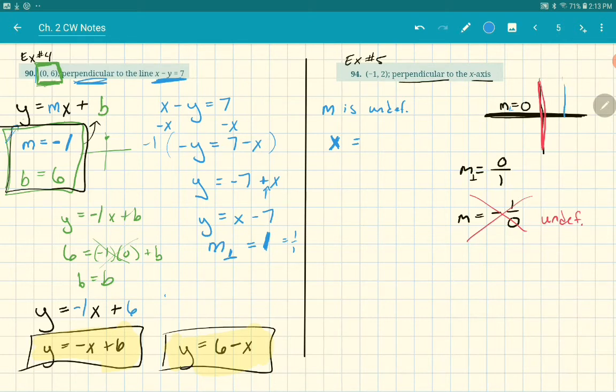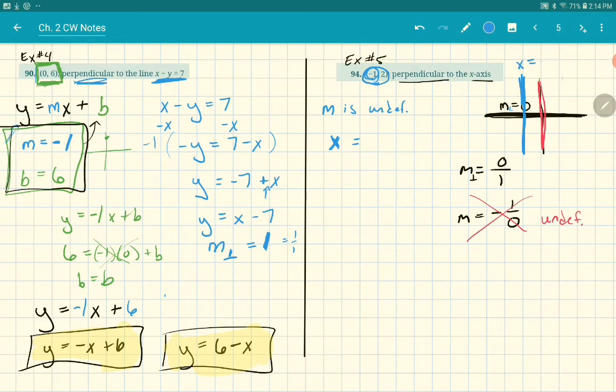So wherever the line crosses the x-axis. I have a point, negative 1, 2 on it. So if x equals negative 1 at any point, and I know the slope is undefined, that means I must have a vertical line at